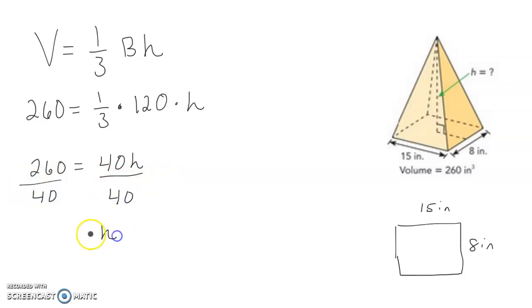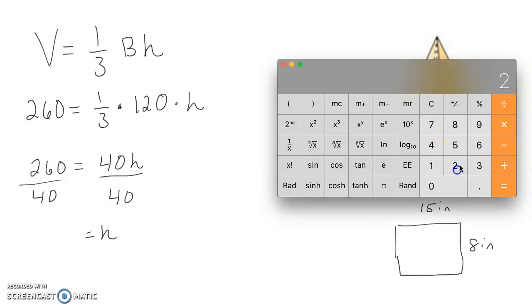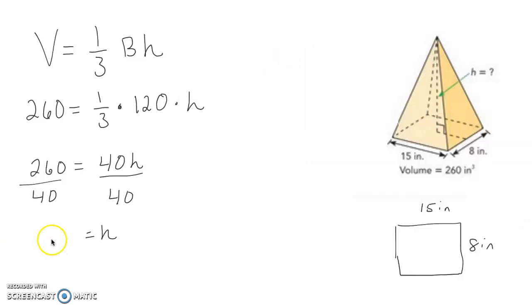All right, and I wind up with h is equal to 260 divided by 40, which is going to equal 6.5. So the height is equal to 6.5 inches. Now, one thing you can always do when you have a question like this,